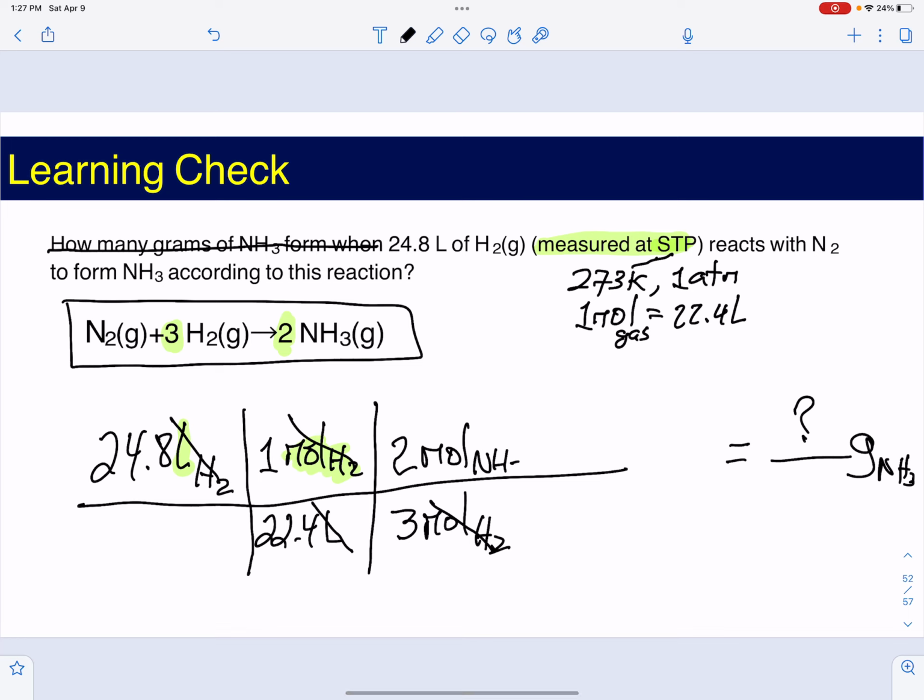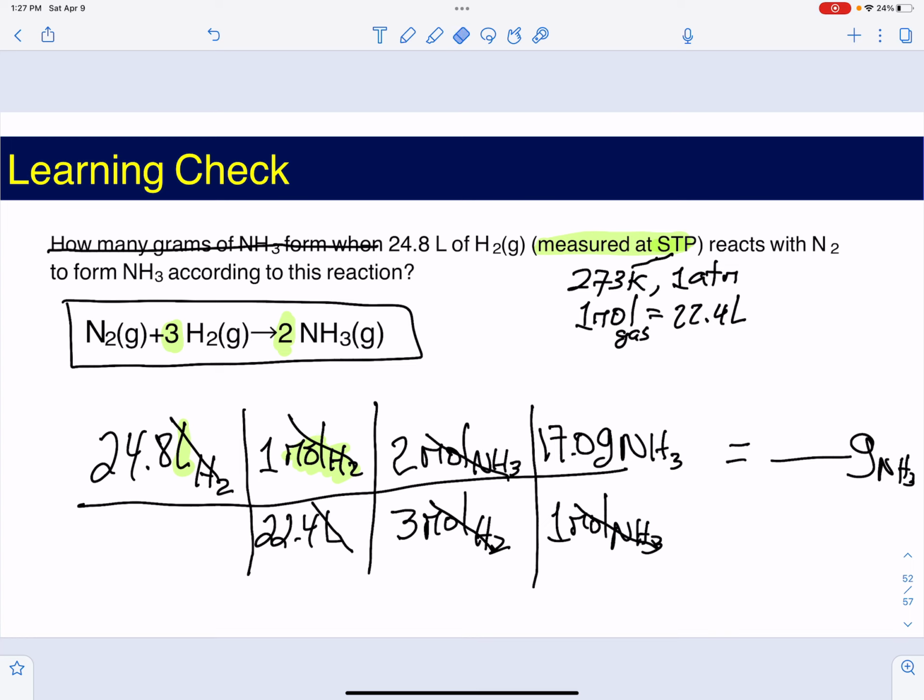So the only thing we have right now is the moles of ammonia, but we don't want the moles of ammonia. We want grams of ammonia. Well, no problem. We know that 1 mole of ammonia, so that allows us to cancel the moles of ammonia, equals 17.0 grams of ammonia. 1 nitrogen, 3 hydrogens, that's 17.0. So when we do that,